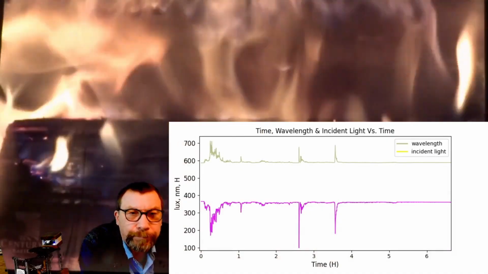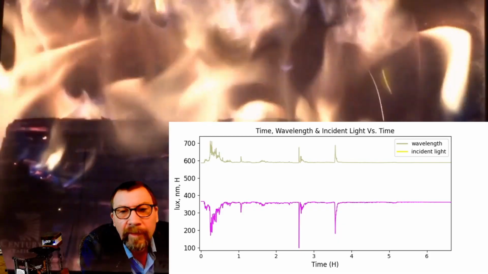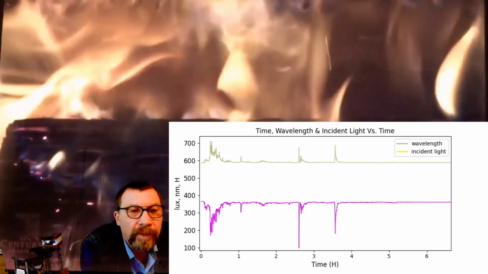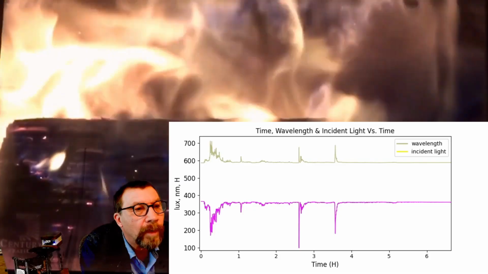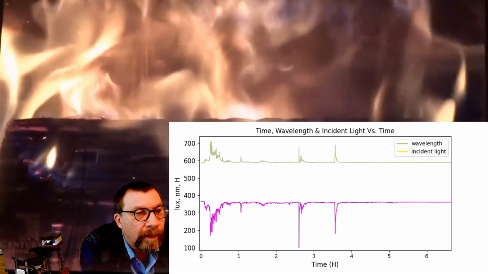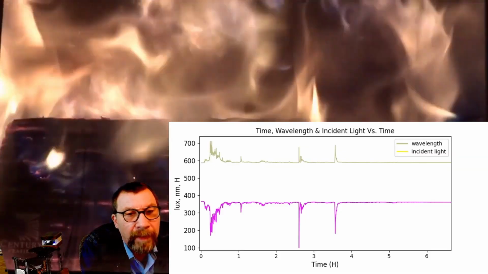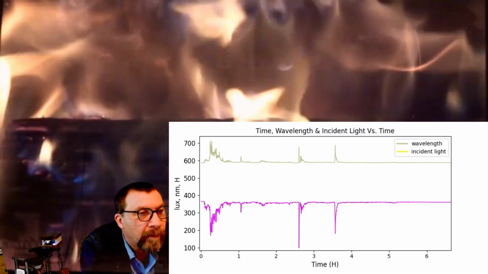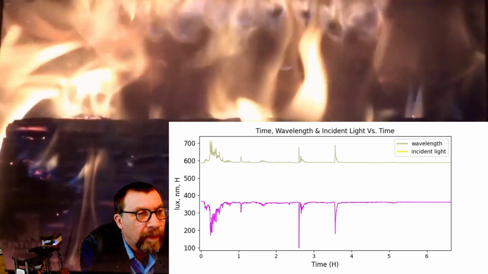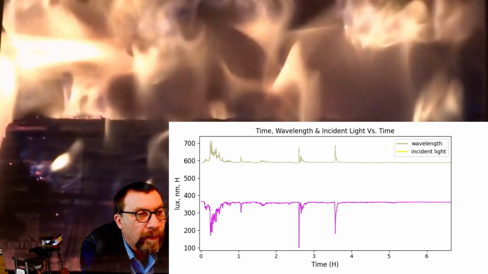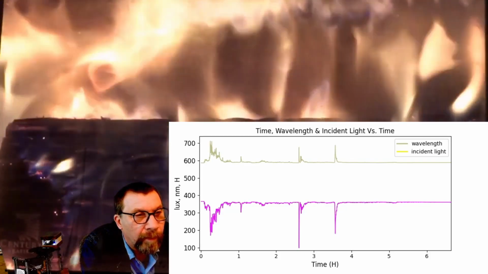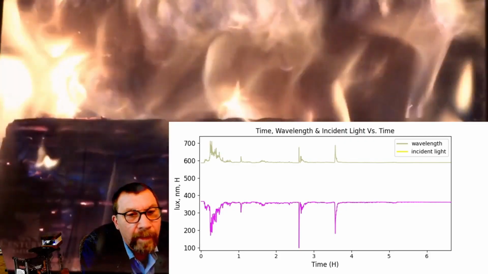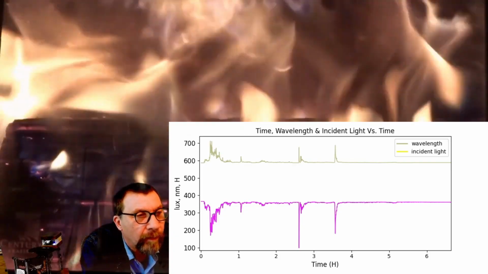This is a chart showing wavelength and incident light for the first 8 hours. In this case, incident light is in bright pink, purple. We can see that it starts out at about 375 lux, and there's a few points where it drops down to 200 or 100. This is when smoke passes in front of the sensor. Now there's some math that goes on, but this is the raw signal you get from the